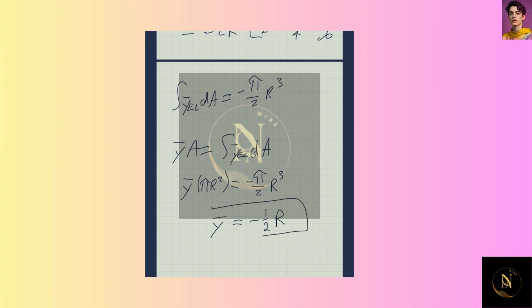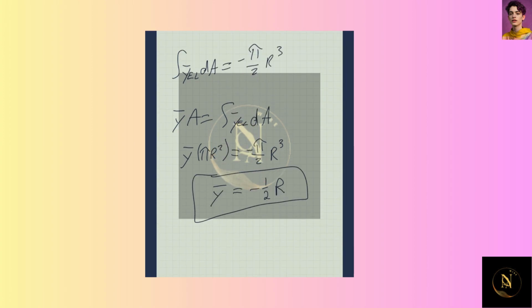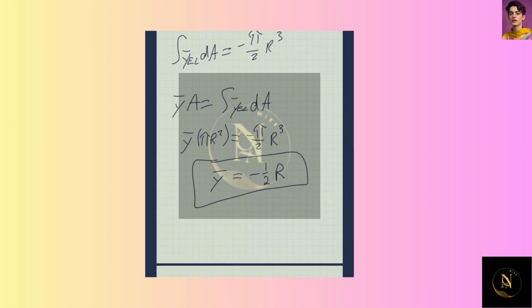And now solving for the centroid in the y direction, we get that it's going to be equal to -1/2 times the radius of the hemisphere. Now since this is a hemisphere, it's symmetrical in the y and z direction for their